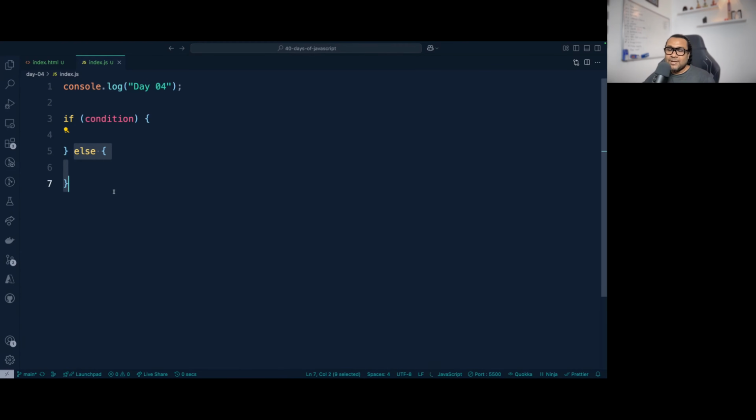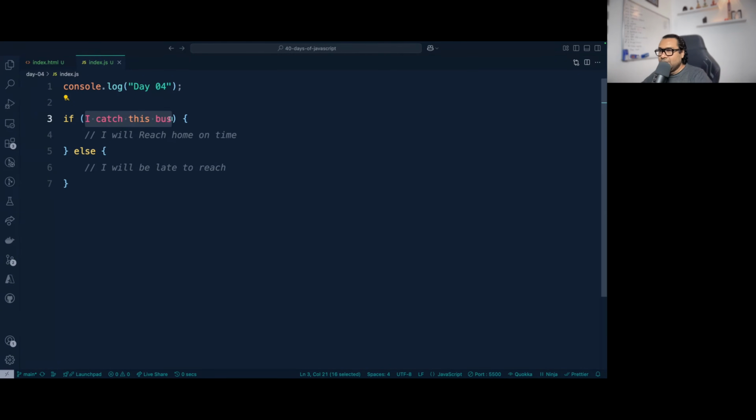So let's take an example of that bus thing. Now I'm writing in plain English: if I catch this bus, in that case, I will reach home on time. Else I will be late to reach. Now this condition will be something that results in a Boolean.